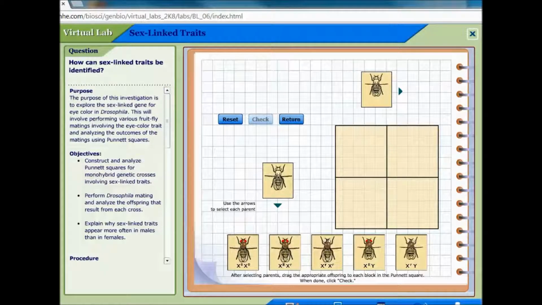Okay, I've gone back into our class and opened up the link to the sex-linked traits and opened up this virtual lab. This is more where we explore and see what we've got. Let's see. So you open up the lab book like we did before. I've already saved us a little time. All right, let's say the male